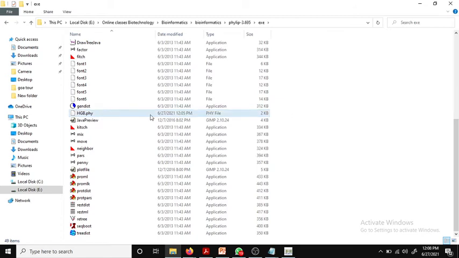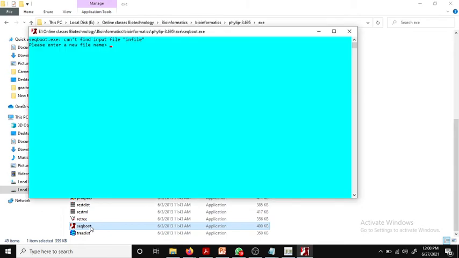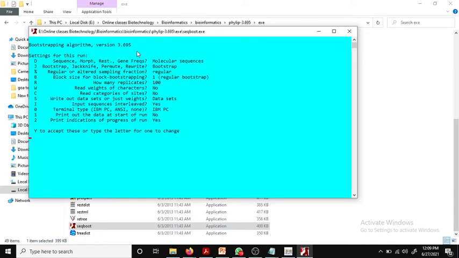The next step is to start the seqboot program and type the file name. Can you see here seqboot? We start the seqboot program, and we need to type the file name over here. Can you see my screen? Hello? Anyone can respond to me fast. Yes, sir. Okay, so I have typed hgb.phy and I'll just press enter.